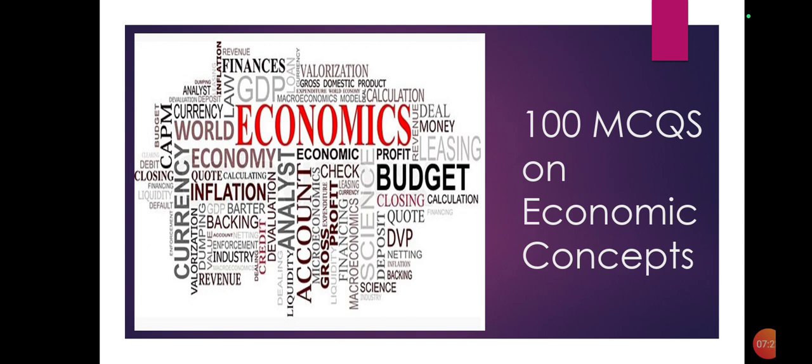Question number 13. Which of the following statements are correct? Gross domestic product, GDP, is the monetary value of all finished goods and services made within the country during a specific period. If a country's per capita GDP is growing with a stable population level, it can potentially be the result of technological progression that is producing more with the same population level. Hence, the increase in per capita GDP.